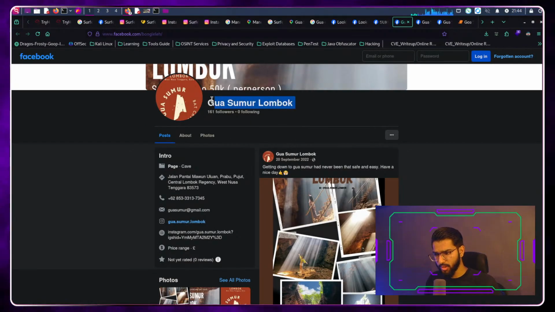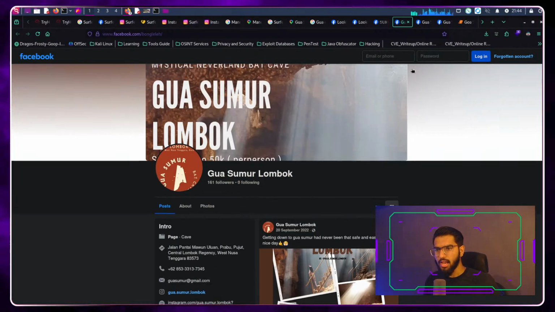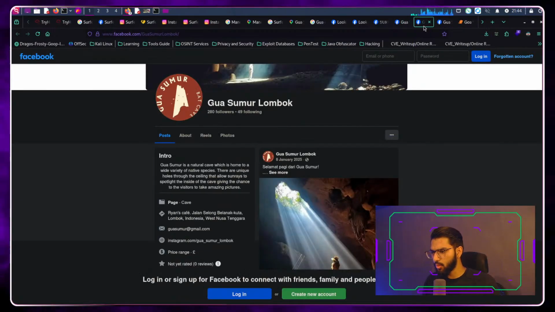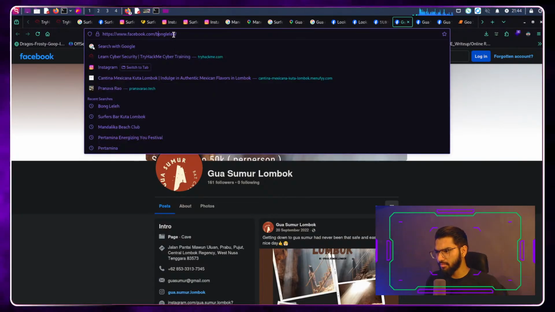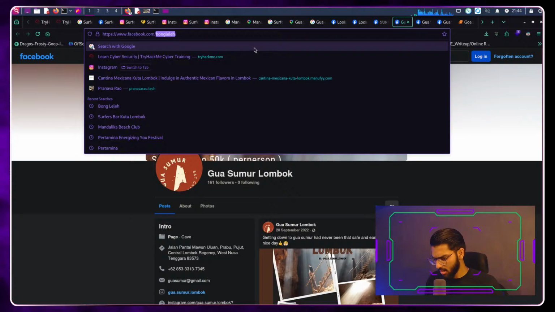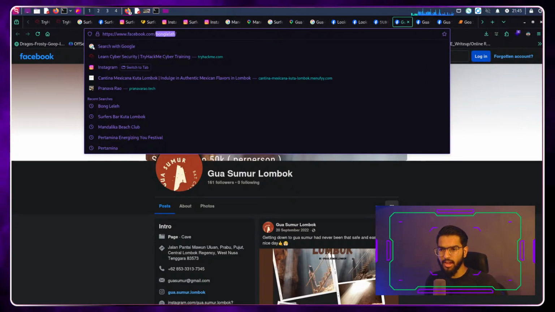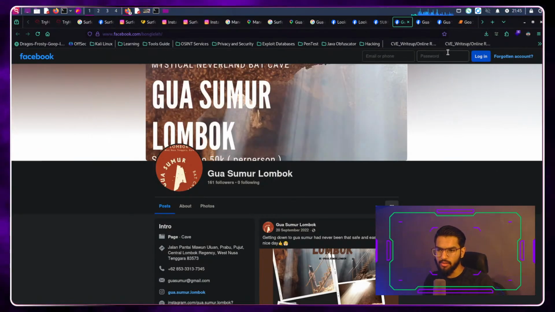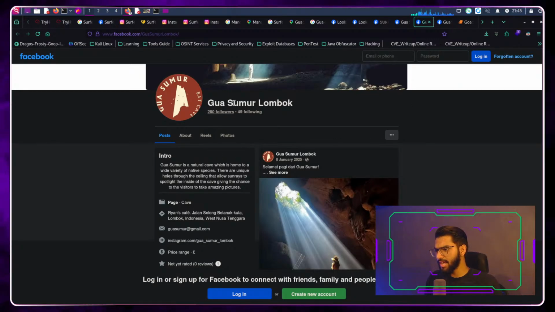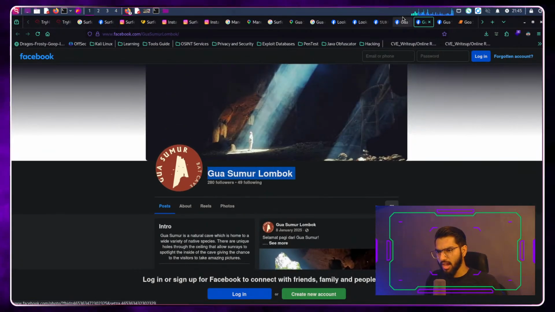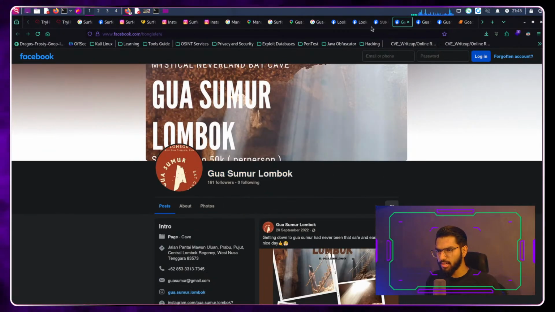And here we get another page of this place. Now, this is different from the one which we saw earlier. This one is of the DJ. If you look at the URL there, this is of the DJ. Now, if I had a Facebook account and had logged in here, I could have directly come here and searched their username. But nevertheless, you can see that this cave is also being featured by the DJ's name there.